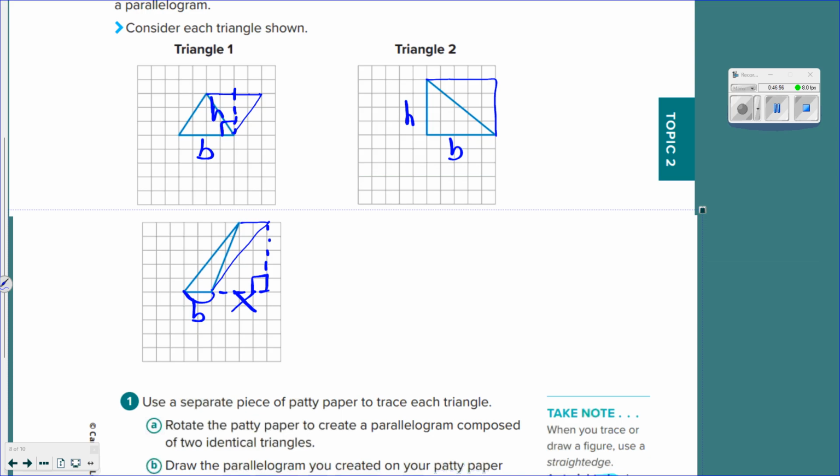I can now use my picture and count all of these. This base is 4. This height is 3. This base was 5. And the height was 4. Why is that important? Go to the next page. And here's where I got to cut you guys a little short. Determine the area of each parallelogram. So for number 1,